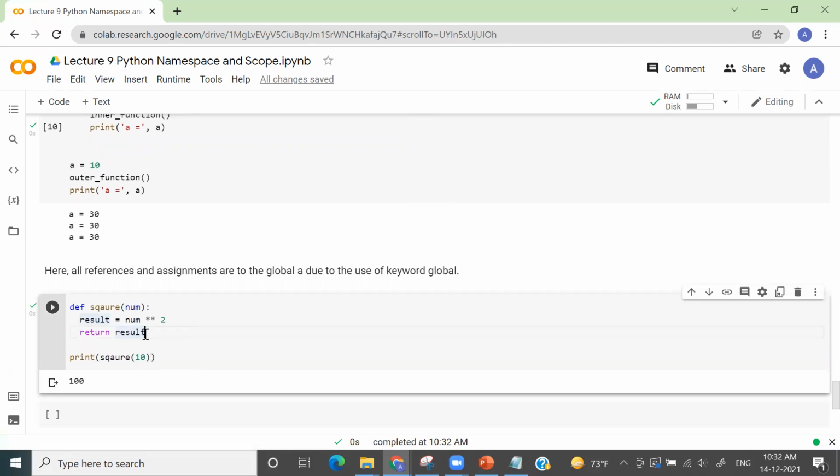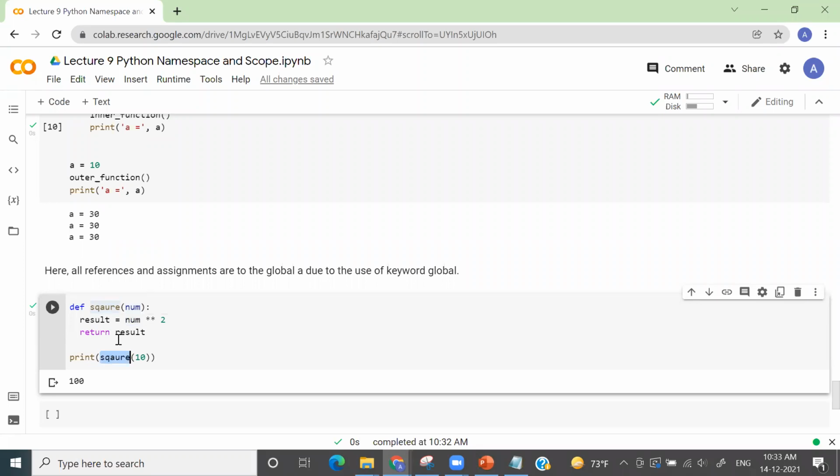So this part is clear. How do we create a function in Python? We start with the keyword def, which is the short form for definition, because this is the place where we are defining the function. We assign a name to our function, and then we declare what arguments this function will take. Here this function takes only one argument, and that argument will be stored in the variable num. We perform the square operation with that argument, and we return the result.